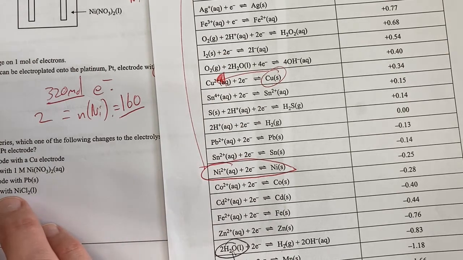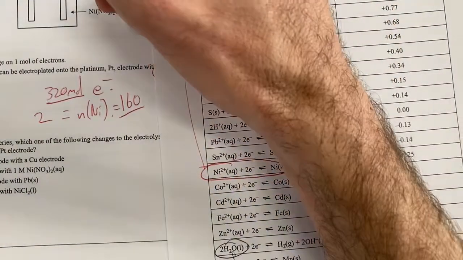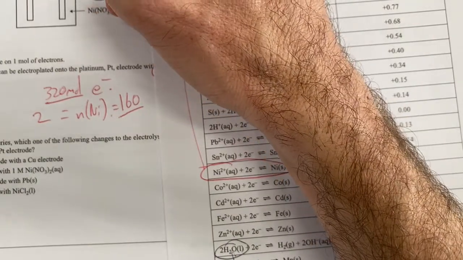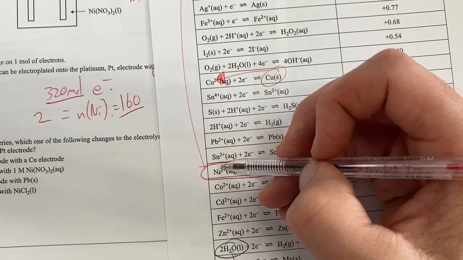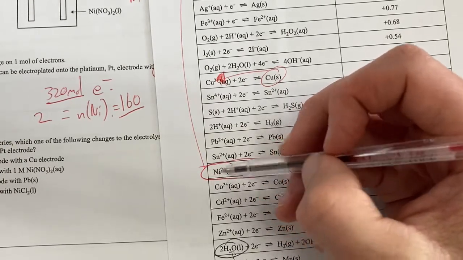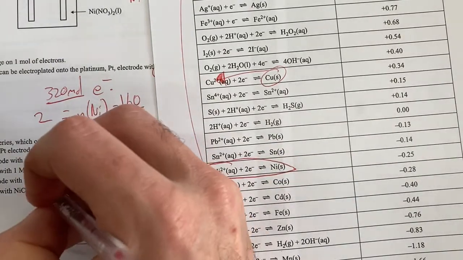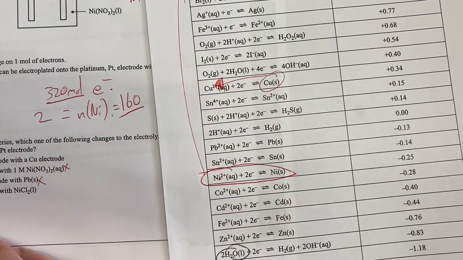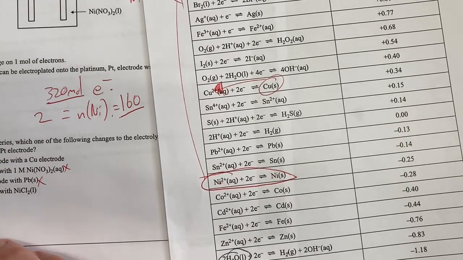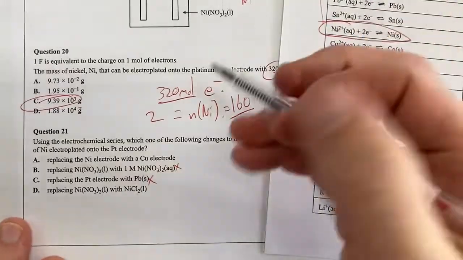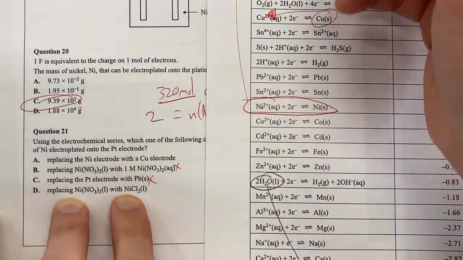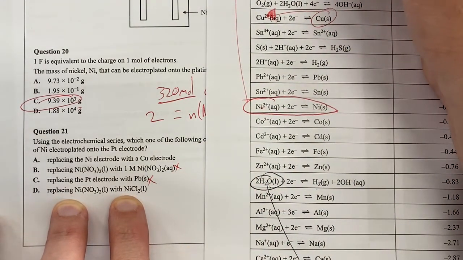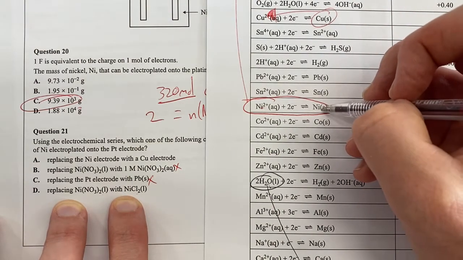All right. Replacing the platinum electrode with lead, so therefore my cathode, changing that with lead, that's still going to mean that nickel is my strongest oxidant here. That's not going to happen. So no. Replacing the nickel liquid with nickel chloride. Oh, I can't even see that. Moving on. We're still going to have nickel 2. Again, that's simply going to change. So therefore, that's going to react. That's still going to mean nickel is going to be my strongest